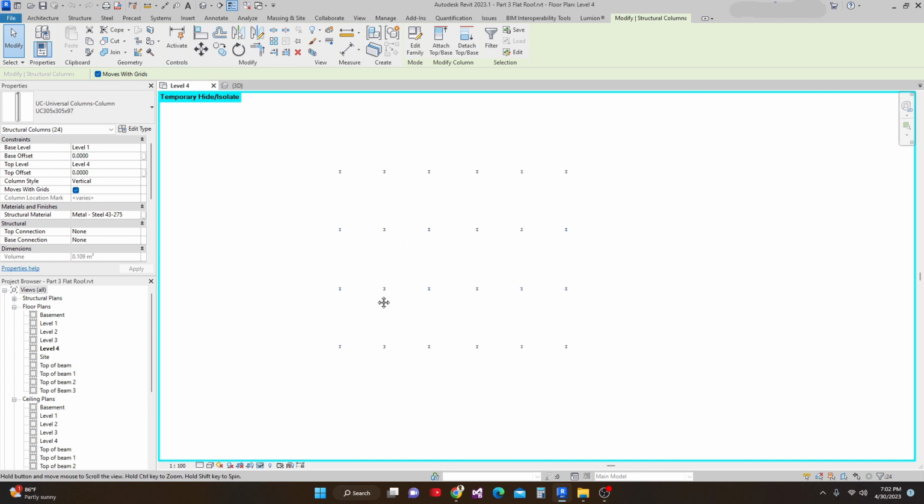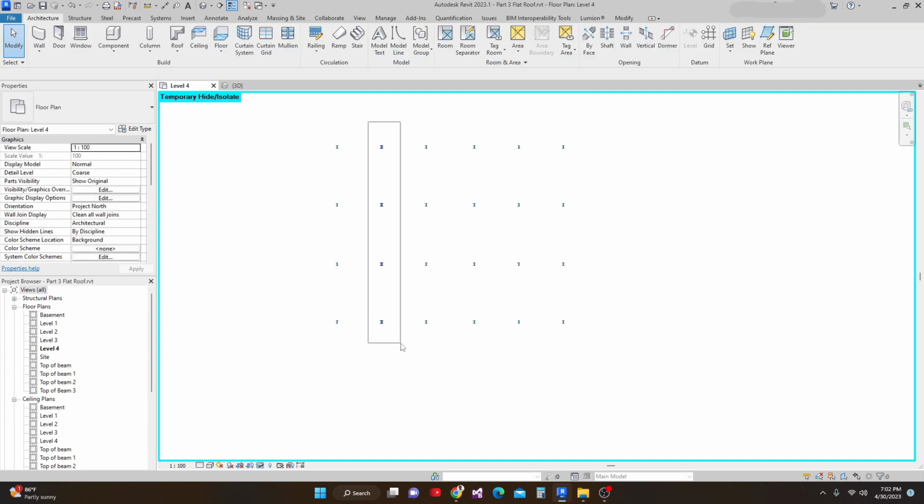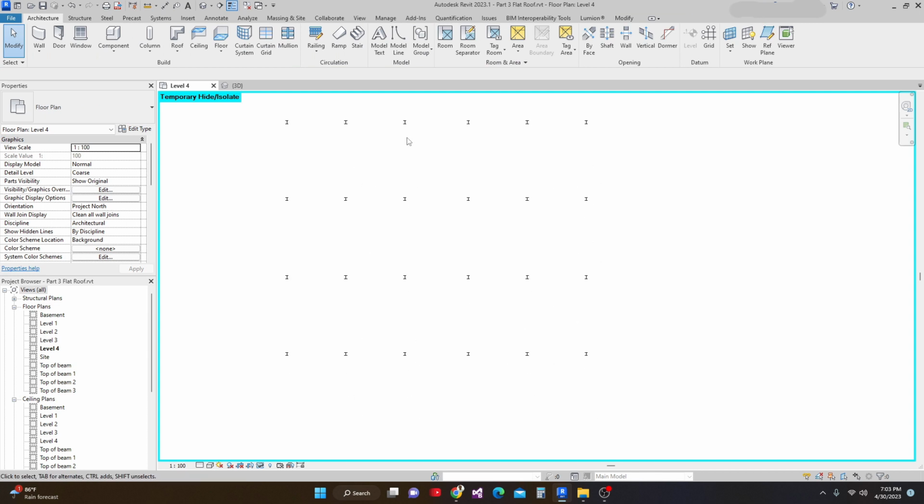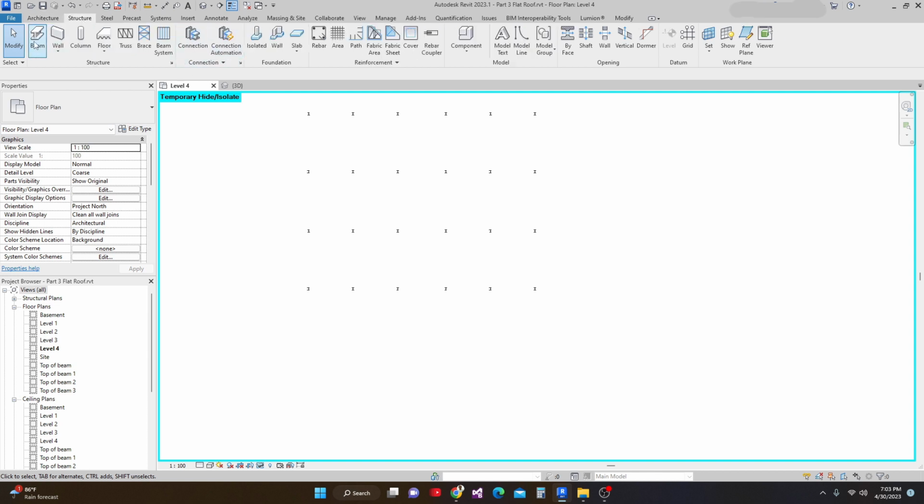Now next I'm going to click all of this middle, and also I hold this control and hit this other one also on the right side, and then I'll lower this by 1 foot. Top offset from property palette, I'll just change it to negative 0.30 or equivalent to 1 foot. Now it's already down, and then next we're gonna go to structure and make a beam,